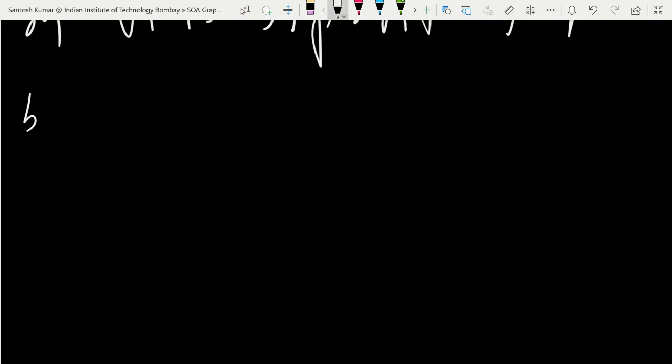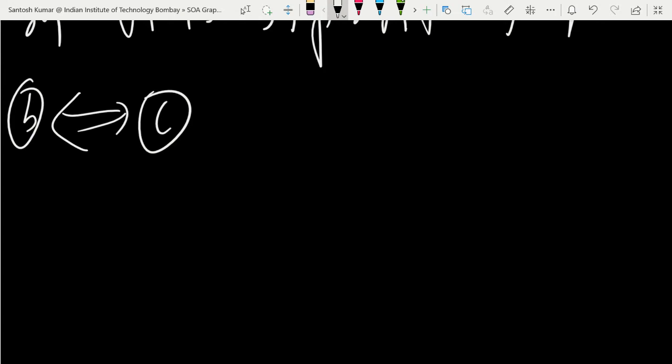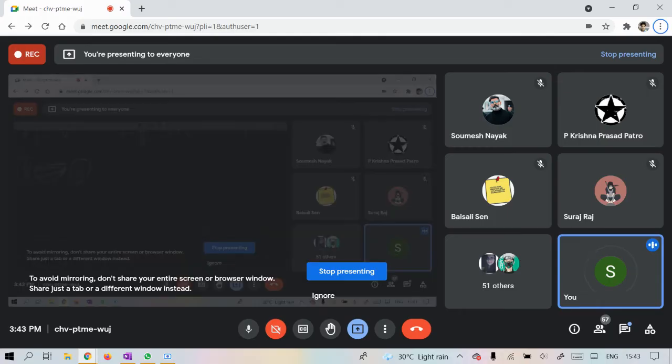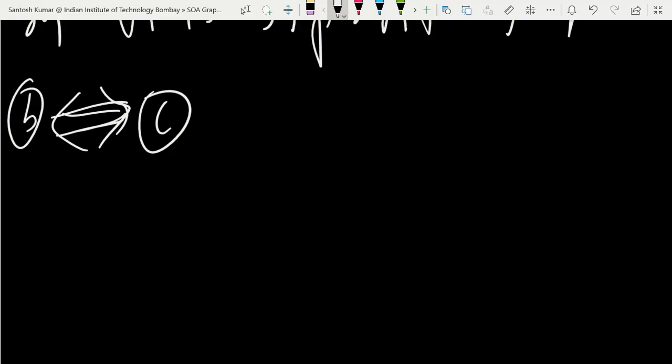And next we'll have to prove B to C. So we have to prove that statement B implies C and statement C implies B. We can prove both together. B statement is every face of G has even length, and C statement is the dual graph G star is Eulerian.